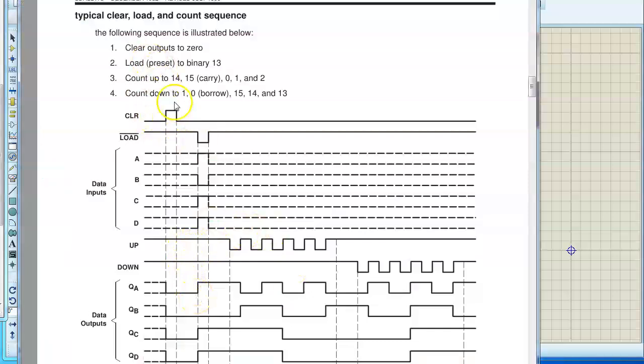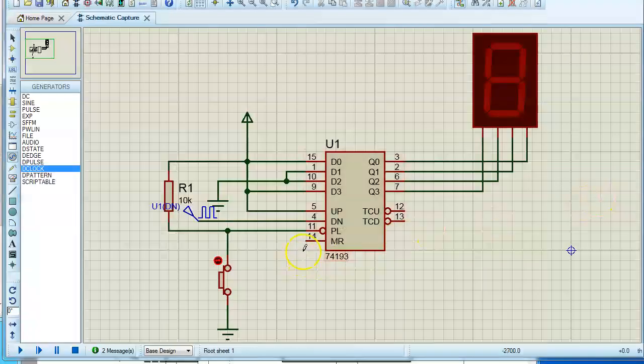Yeah, clear. This pin also we need to pull to ground, MR. Okay, so let me connect this one also to ground. So now I'm just trying to give a low signal when I start the simulation.